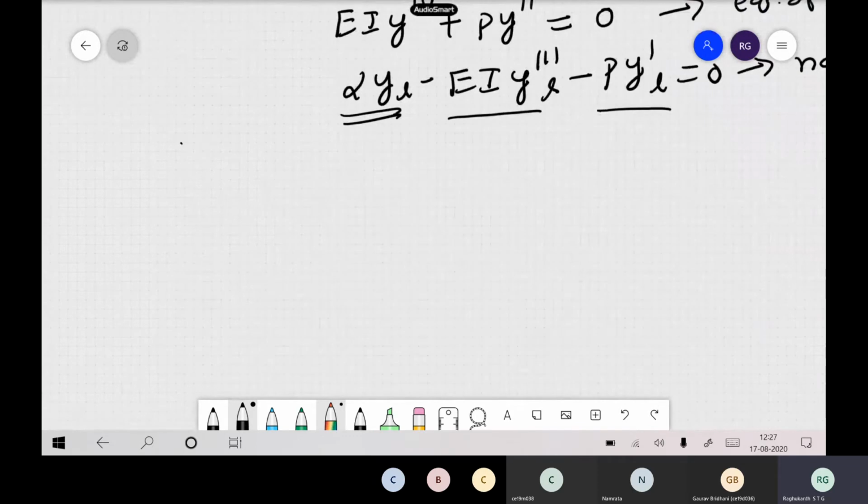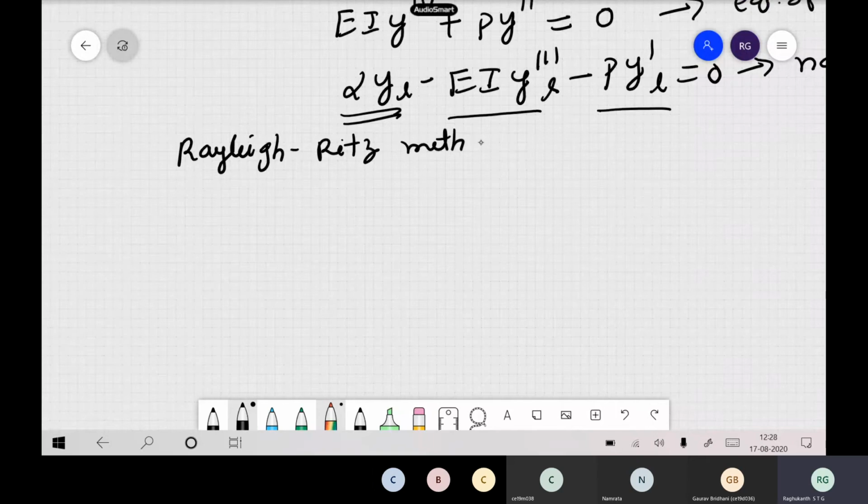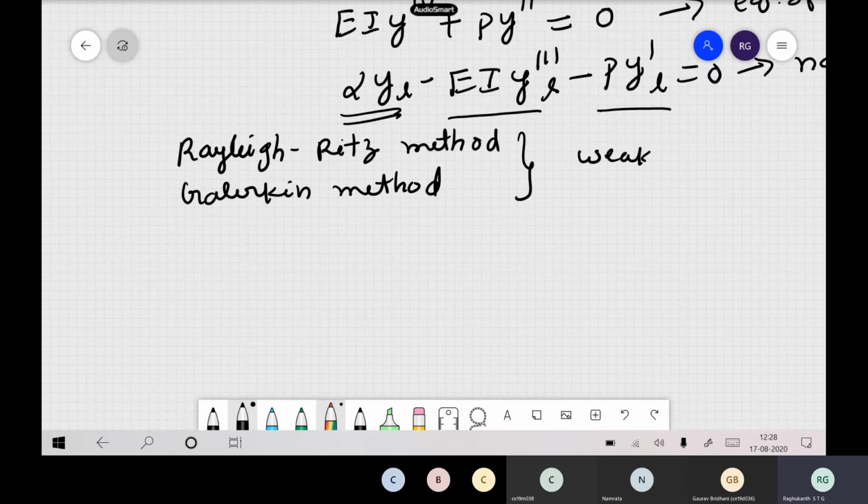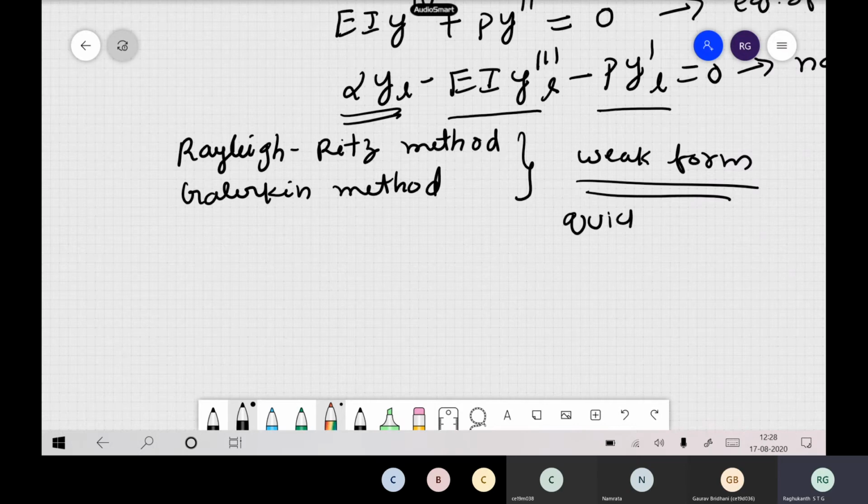There are several methods, like you would have seen already, the Rayleigh-Ritz method. More or less all of them are the same, but here and there you enforce orthogonality or something, and you get the Galerkin approach. Many are there that you follow to get these solutions. But here you enforce the weak form. All of them are based on the weak form. You don't use any strong form; you get quick solutions, very easy.